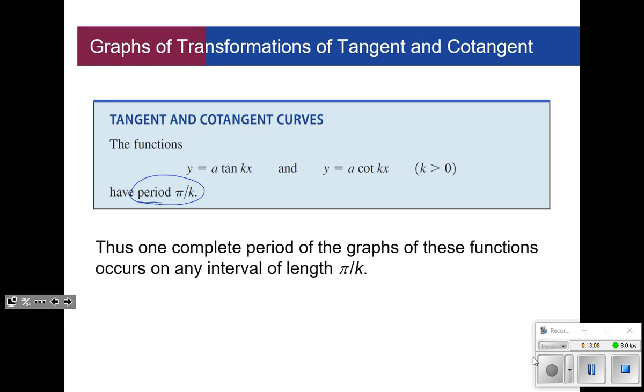A is still amplitude. Now, let me say something about amplitude, though. Amplitude doesn't really matter on tangent and cotangent. Why? Because both tails go up to infinity. Every time I draw tangent or cotangent, I start at 0 anyway. And I either go up to the right or up to the left, depending on whether it's tangent or cotangent. So A doesn't really matter